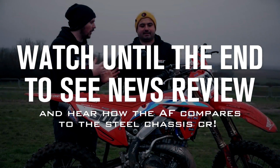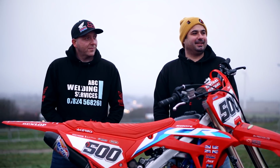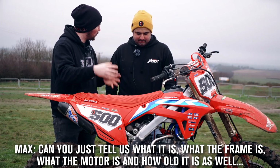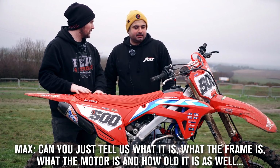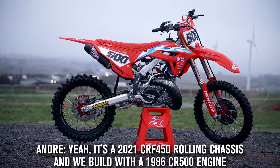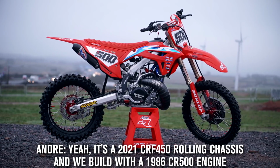So here we are with Andre, and Andre together with Brett over there. This is your baby, your creation, right? Can you just tell us what the frame is, what the motor is, how old it is as well? Yeah, that's a 2021 CR500AF rolling chassis, and we built it with a 1986 CR500 engine,